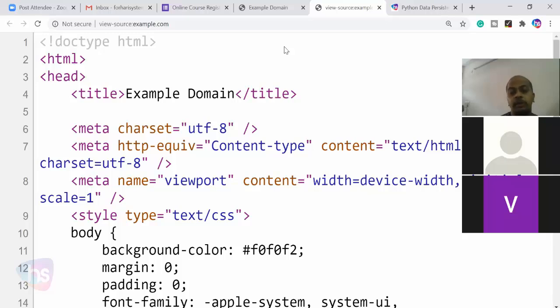HTML5 has advanced features compared to HTML4. To let the browser understand that this document is an HTML5 document, it is declared as DOCTYPE html.